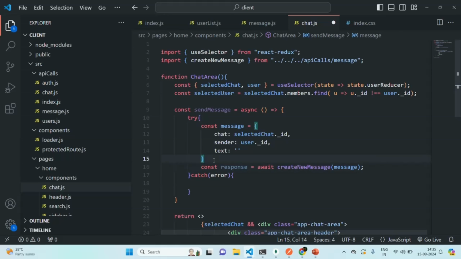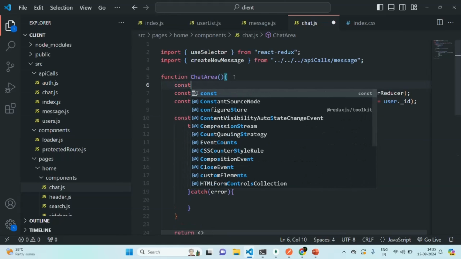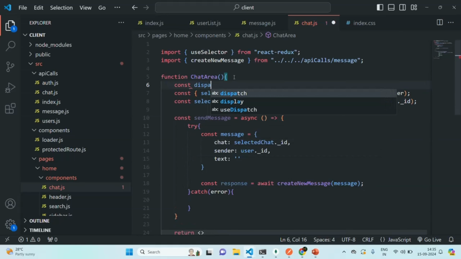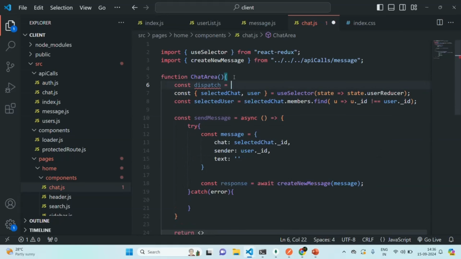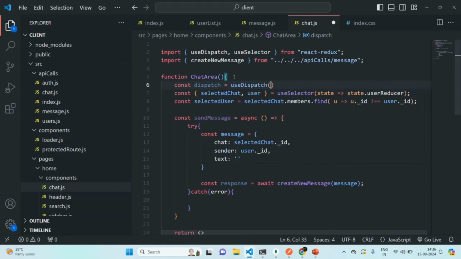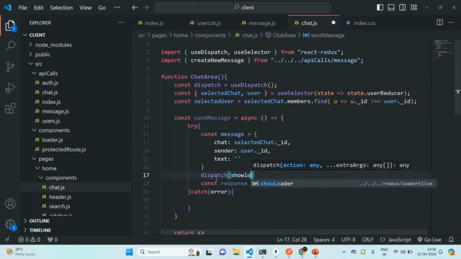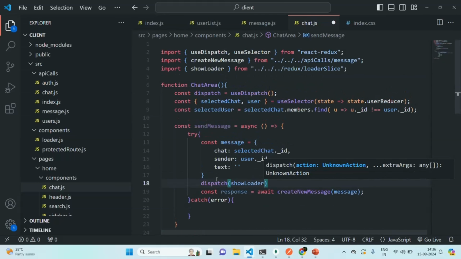Okay, and before we send the request, what we want is to show a loading indicator. So for that, here let me create a dispatcher. I'll call it dispatch, and to create this dispatch I'm going to use the useDispatch function. And to use this useDispatch, we need to import it from React Redux. Now here we are going to use that dispatch, and in there we are going to call the show loader function. And again, in order to use this show loader, we need to import it